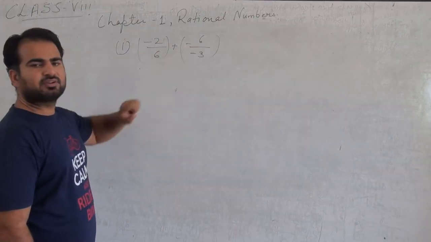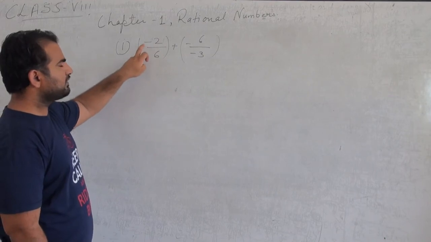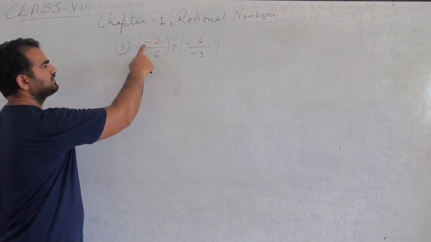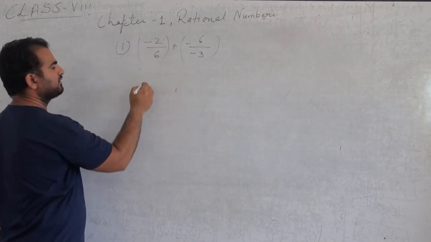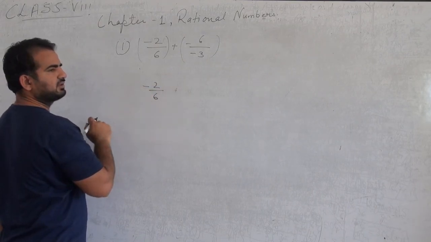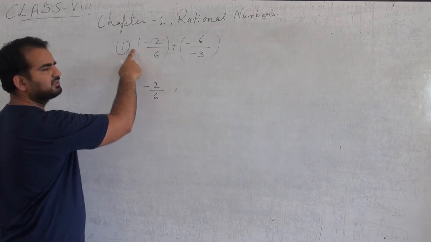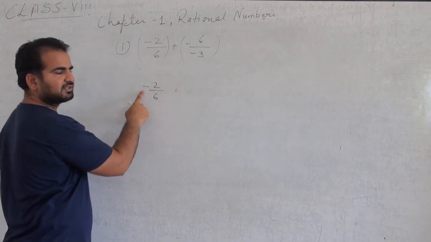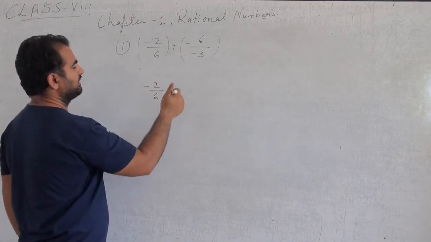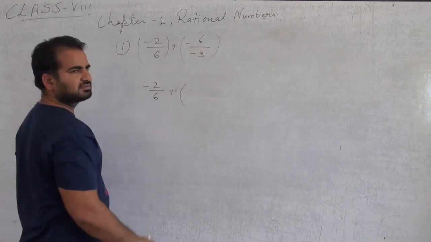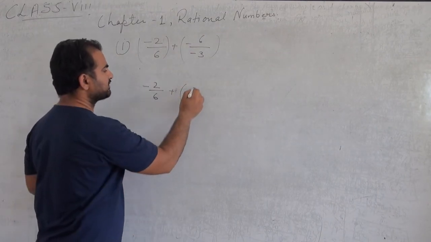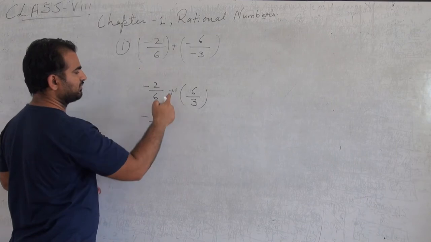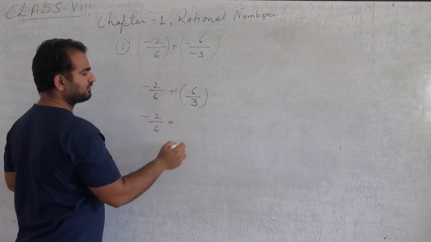Okay, let's get rid of these brackets. But first of all we have to check whether they can be removed or not. So this positive sign and this negative sign will give minus 2 by 6. Done. What about this sign? Here there is no sign, so it is positive. Plus and minus is always minus, so it will be minus 2 by 6. And now what is minus upon minus? Minus and minus get cancelled, it will be 6 upon 3. Okay, so it will be minus 2 upon 6 plus, and this plus sign will give positive, 6 upon 3.